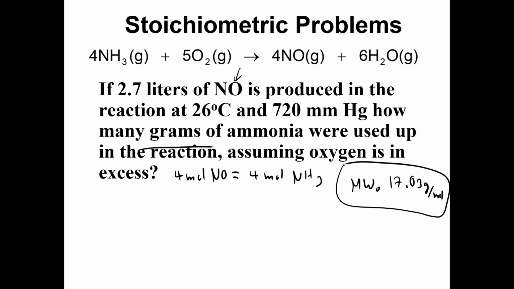And so we can again substitute N here for grams over molecular weight, and PV equals nRT, and then solve for G. So when we do that, we have G equals